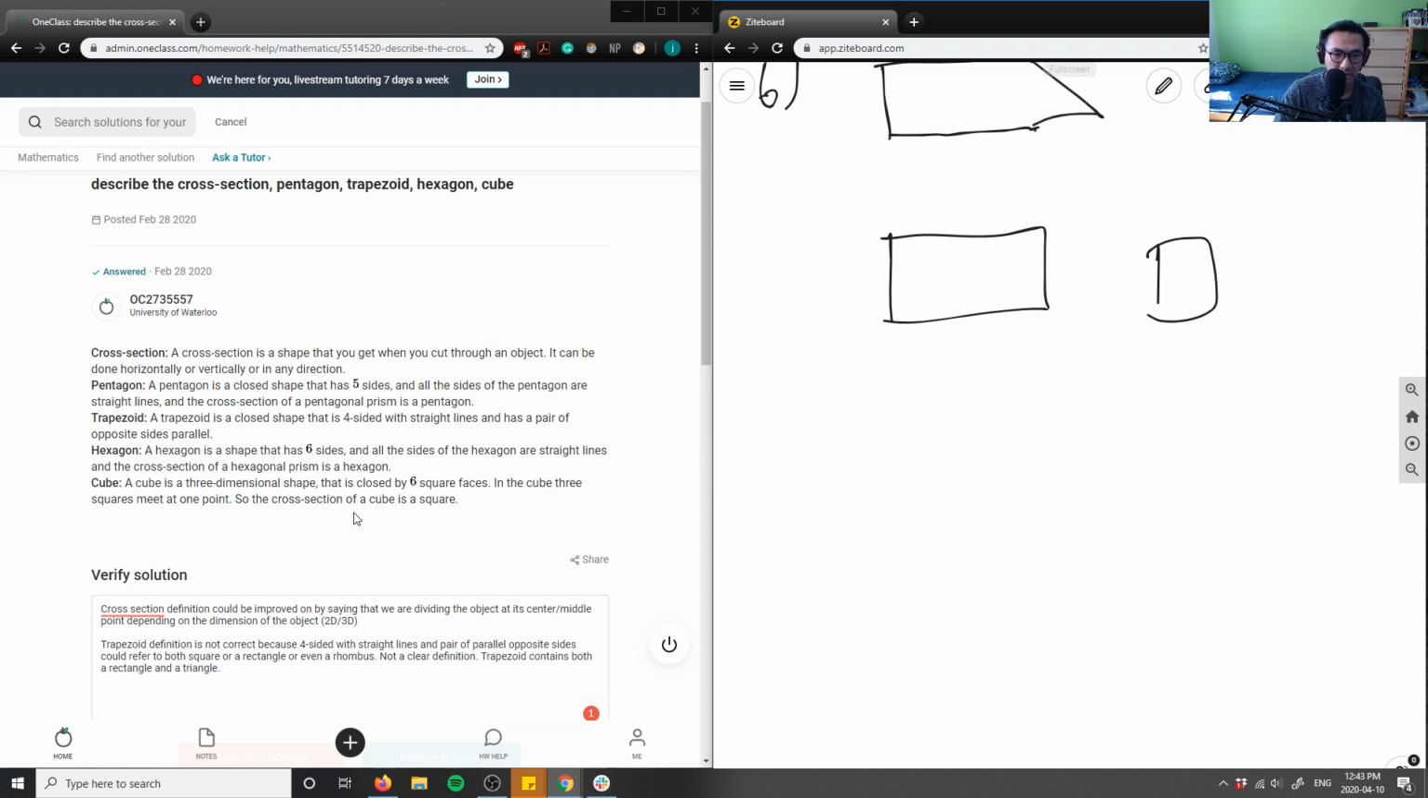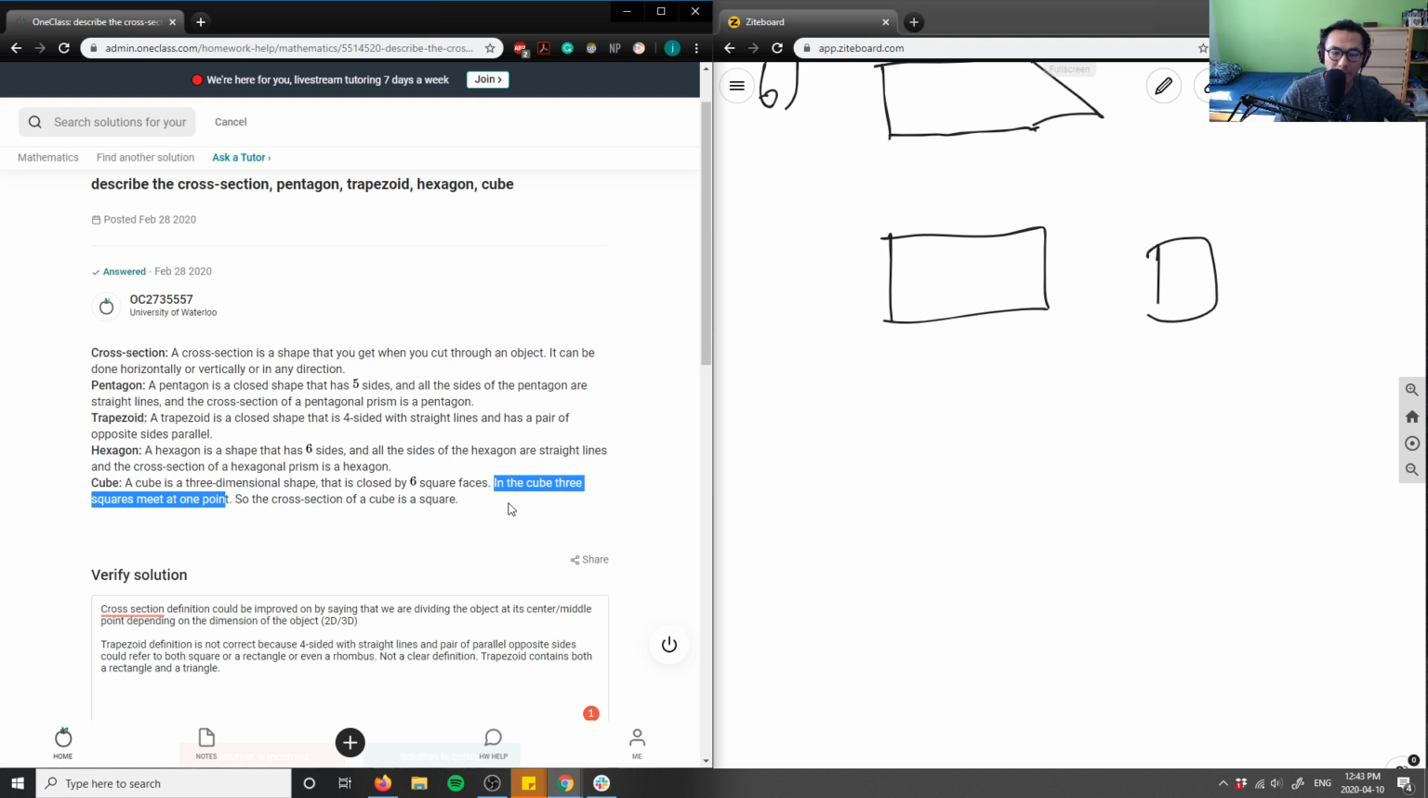So the cross section of the cube is a square. That's true. The cross section of this cube is a square. In the cube, 3 squares meet at 1 point. I don't like the sentence, to be honest, here. They should have said here the cube. So they should have said instead,